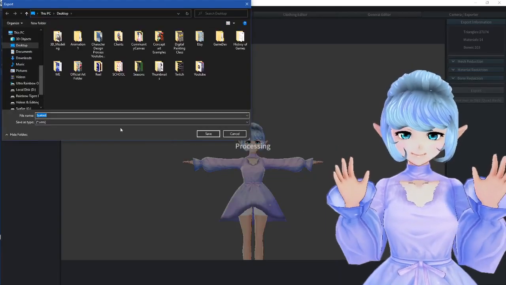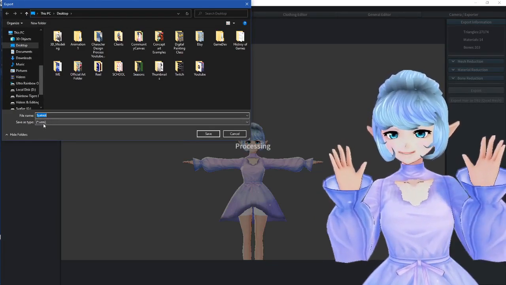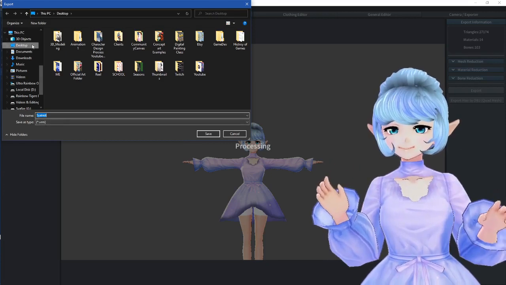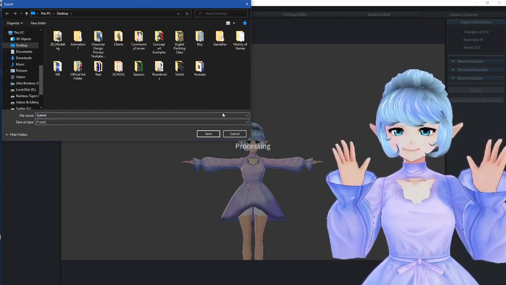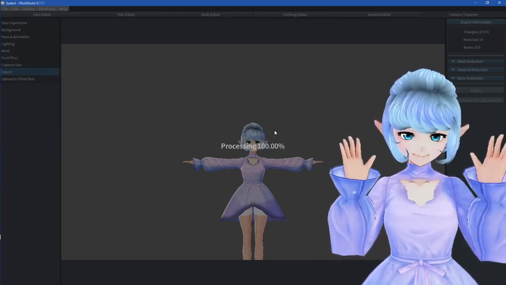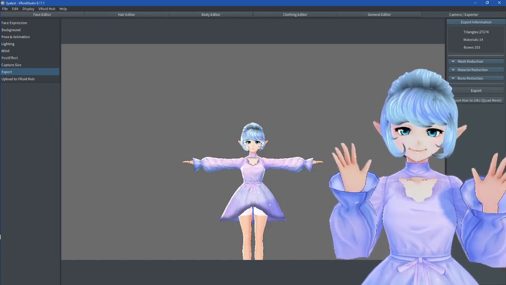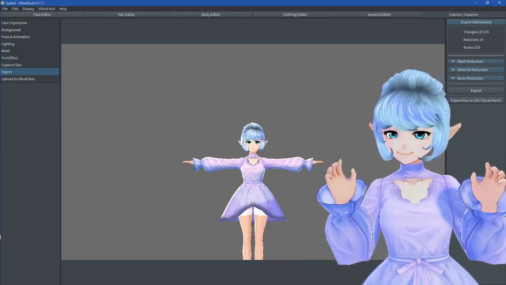You click OK when you're done, and it exports as a .vrm, which I assume stands for VRoid, and I'm not sure what the M stands for, but you'll save that somewhere you can access it easily. I will save it onto my desktop. Okay, great. Now you have it exported, and you should be able to bring it straight from wherever you saved it right into 3Teen, and I will show you how to do that next.